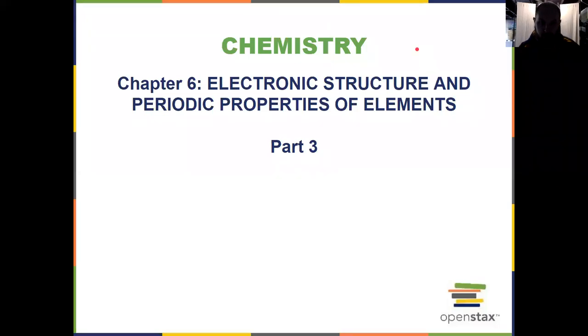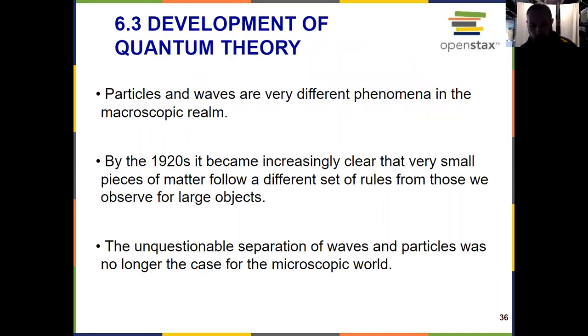For part 3 of chapter 6, we have now gotten into the world of quantum theory, and this video will be all about assigning quantum numbers so that we can describe the different quantized energy states that electrons can exist within. Okay, so to set the stage where we left off on the previous video, right, in the macroscopic realm